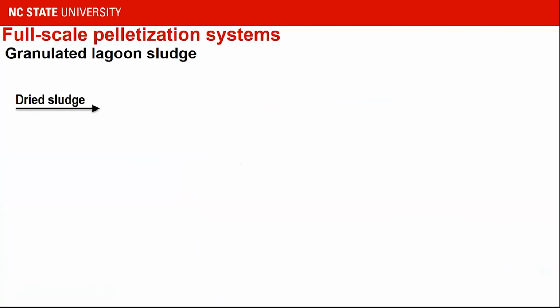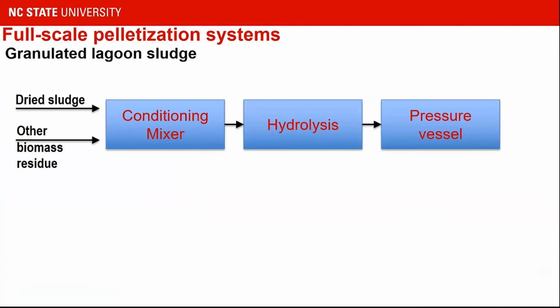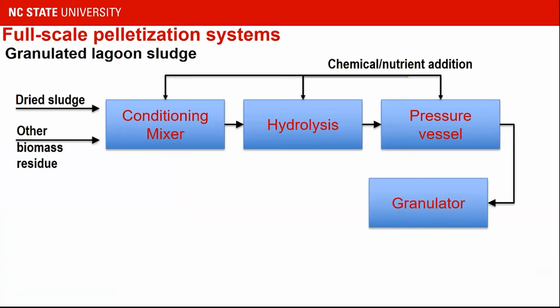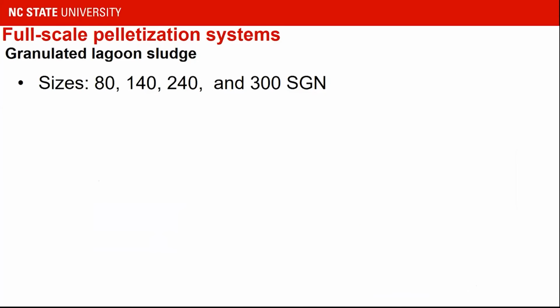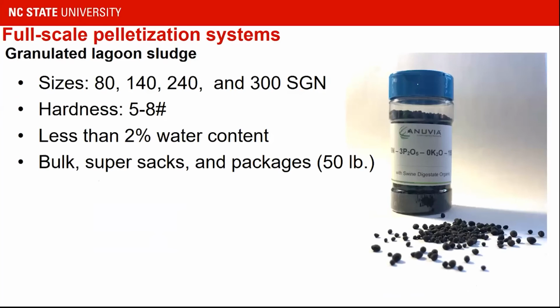And in this technology, the material goes to a facility with a lot of other residues, conditioned, cooked at high pressure and high temperature. And then that's where the other mineral nutrients and salts are added, goes to a granulator, and then the granules are dried afterwards, screened to select for the size, coated, and then bagged and distributed. The fines from the screens go back for processing. So that looks very promising, and they've already processed and created a large profile of products, more than 98% solids,